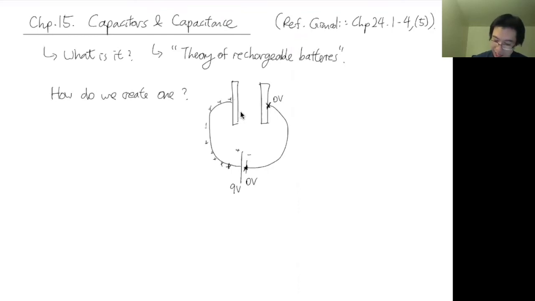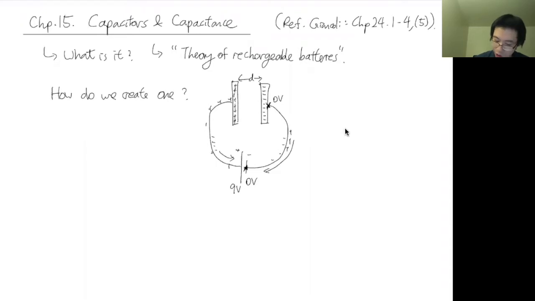And now it gets stuck because it cannot go any further if you separate it by some distance, right? Some gap, air gap over there. And all the positive charges will start going there and it starts to build up on the plate. At the same time, on the other side, the negative charges here will get repelled by this negative end, and will try to go as far away from the negative terminal as possible. You can think of the positive charge as getting attracted to here, or equivalently, the negative charges getting attracted here. Either way you want to think about it, you'll get a lot of negative charges pushed onto this plate, a lot of positive charges pushed onto this plate. And now you've stored a lot of charges on this side, a lot of charges on this side.